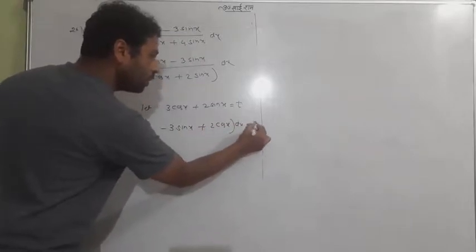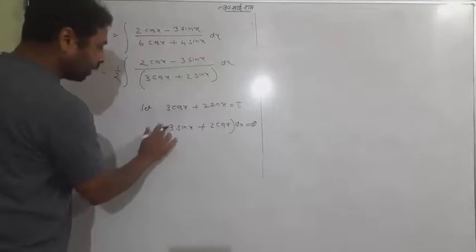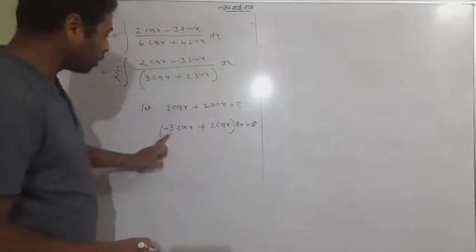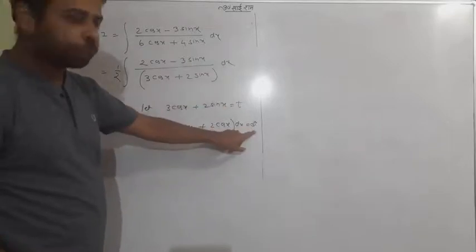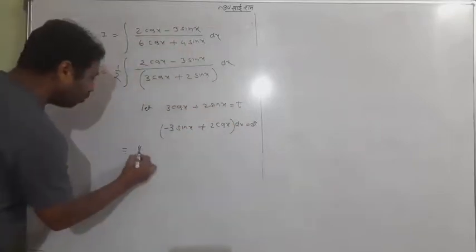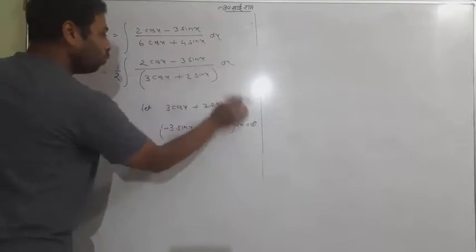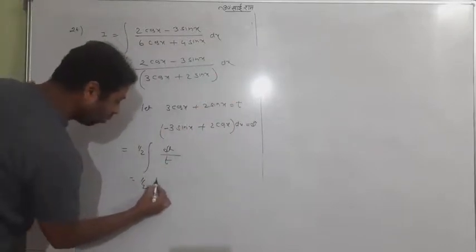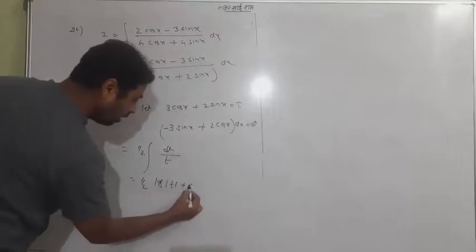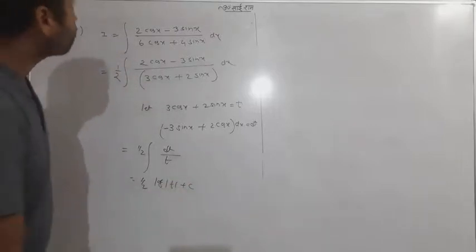dx equal to dt, and nothing special, but I tell you one thing, that whole 2 cos x minus 3 sin x is here with dx, equal to dt. So same as before, what you have to do, you know it: instead of the whole you can write dt upon t, and the answer is log t plus c. Put your t and get your answer. So this is a question.